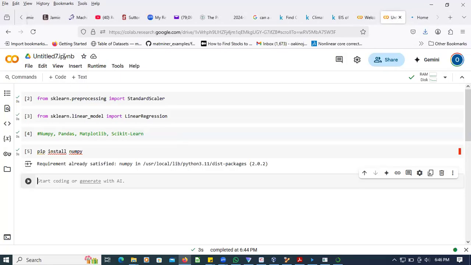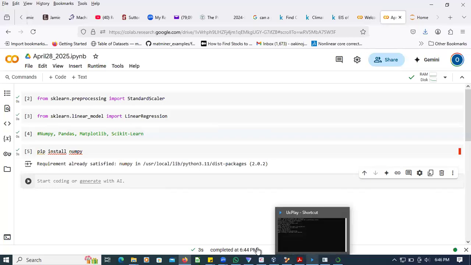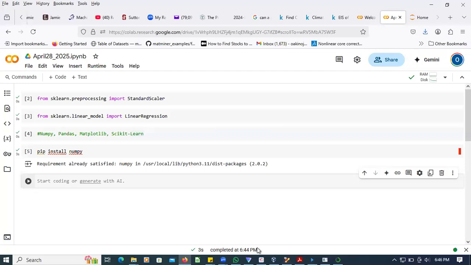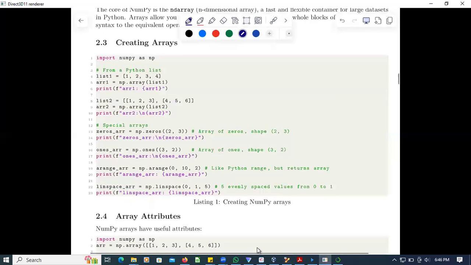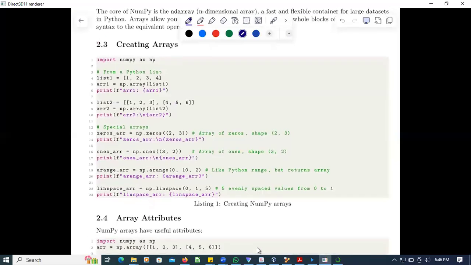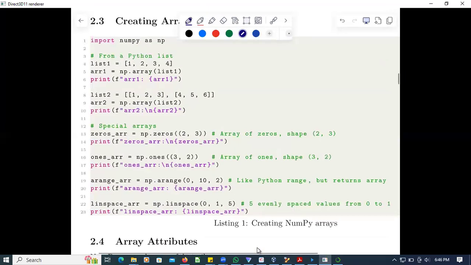So I'm going to use Google Colab now. So let me give this a name. So this will be April 28th. Okay. So I'm going to take some of the examples here. I'll illustrate it, and then